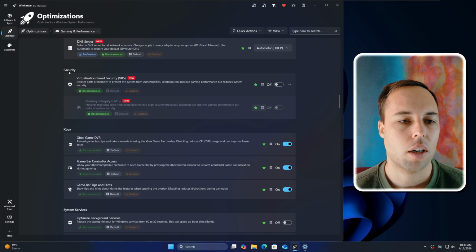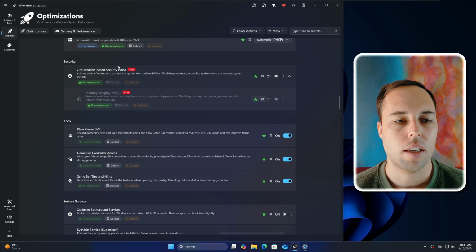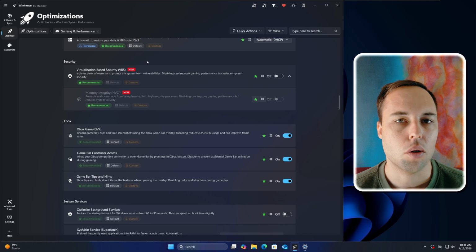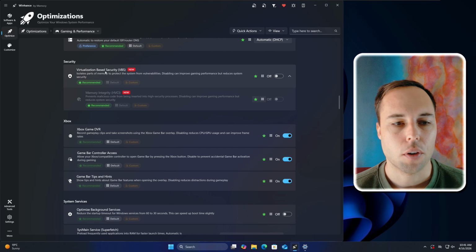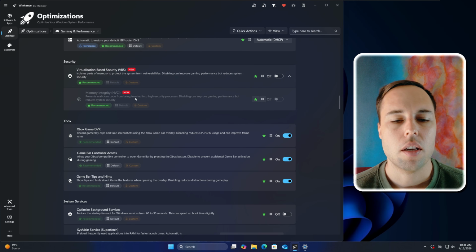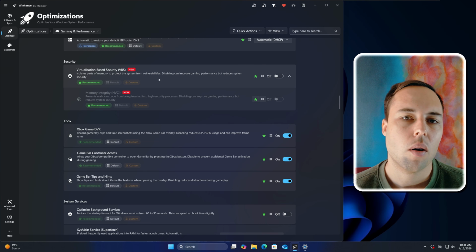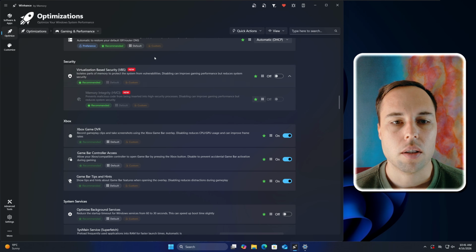Then we've also got some security settings inside of the gaming and performance section. And the security subgroup was added here because these security settings are directly related to gaming and performance on your system. So you can now enable or disable virtualization-based security on your system, as well as memory integrity. Now, these are obviously security features. I mean, they're labeled as security. Disabling these has been known to improve gaming performance on some systems, but it can also reduce system security for some people. So once again, you use these tweaks at your own discretion.